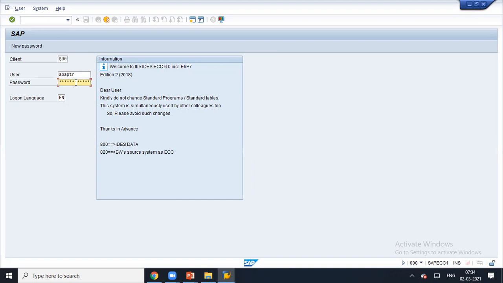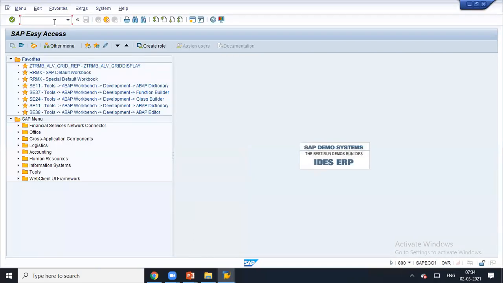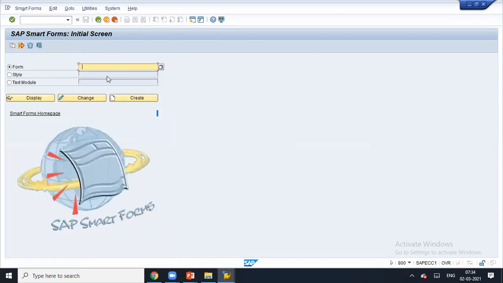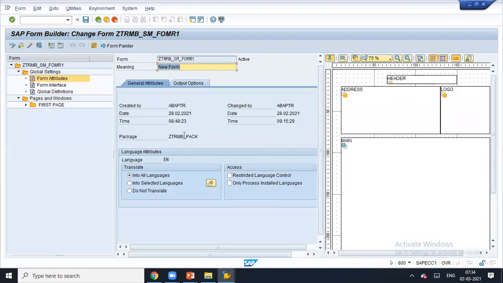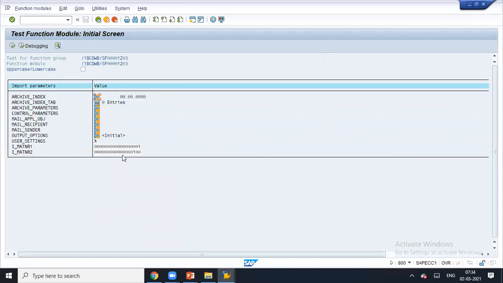Okay, so let's go in-depth. As I said, at least 3 sessions are required for Smartforms. All right, so we did this SM form 1. Some spelling mistake, okay, leave it. Typo issues. So what we did, when you execute here, directly you're getting 1 to